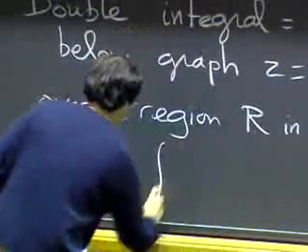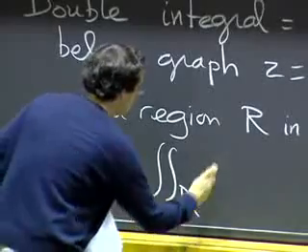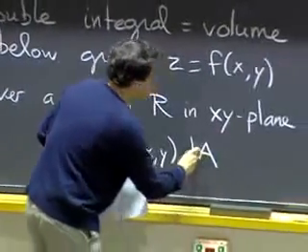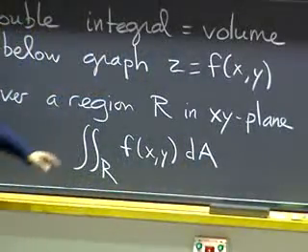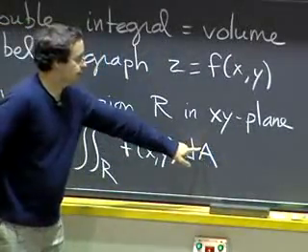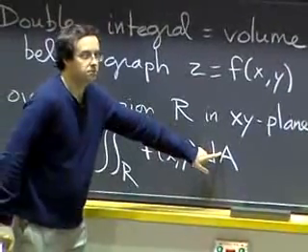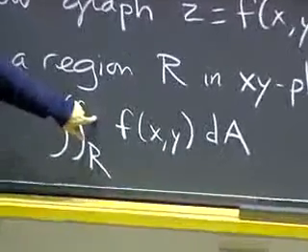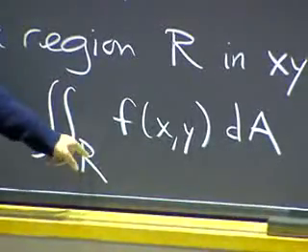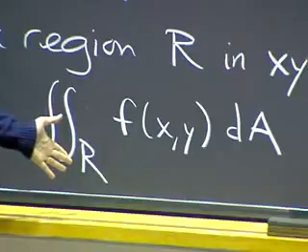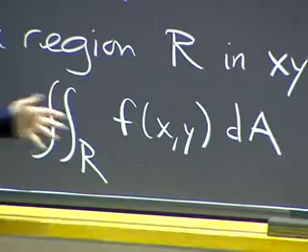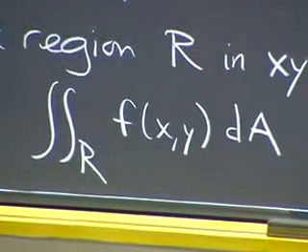So we'll call that the double integral over the region R of f of x, y dA, and I will have to explain what the notation means. dA here stands for a piece of area. A stands for area. And it's a double integral, so that's why we have two integral signs. We'll have to indicate somehow the region over which we're integrating. We'll come up with more concrete notations when we see how to actually compute these things. But that's the basic definition.